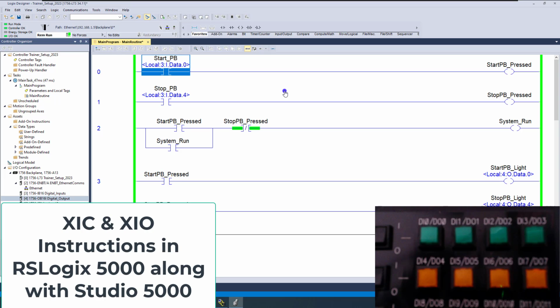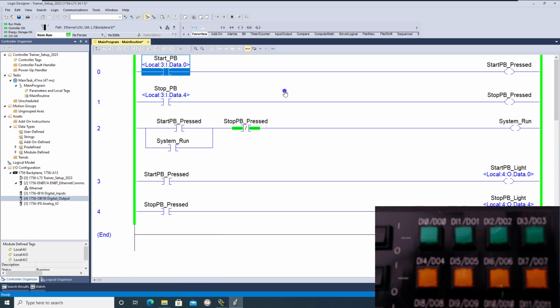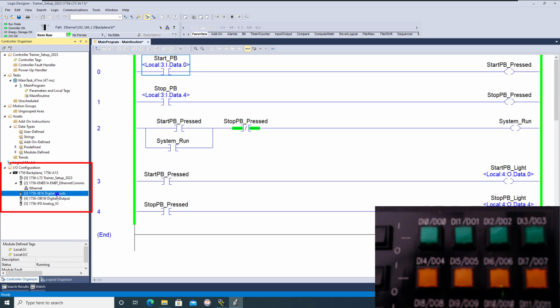So in this real short video, we're going to talk about two common instructions in Studio 5000 or RSLogix 5000, which is XIC and XIO. So this will be ladder logic beginning, like the basics, and getting into this, right? So I actually have these tied to real-world inputs and real-world outputs, which is on card 3 and card 4